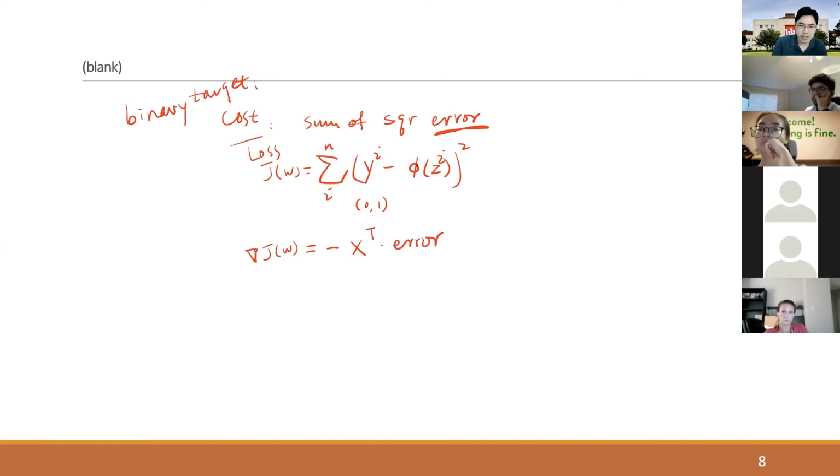So now we have the error from before, and this part is the error. The gradient becomes quite easy to calculate after deriving the math. And here, what is error? Error is true label minus the activated value